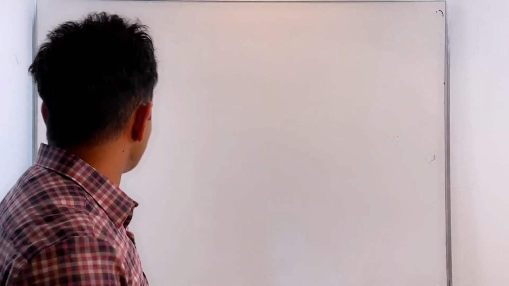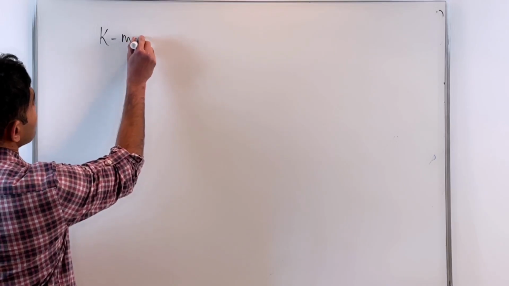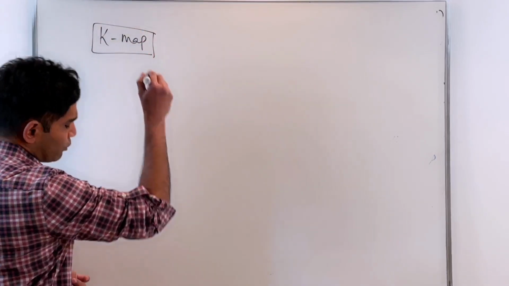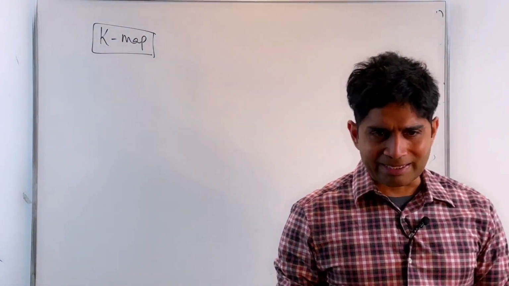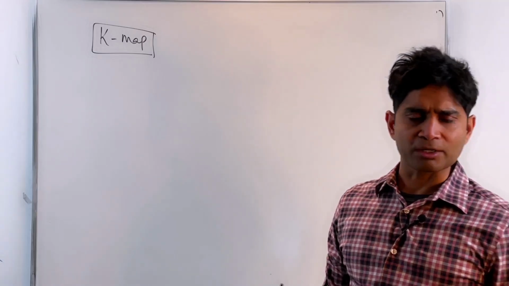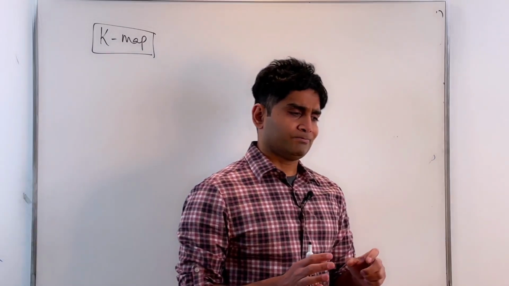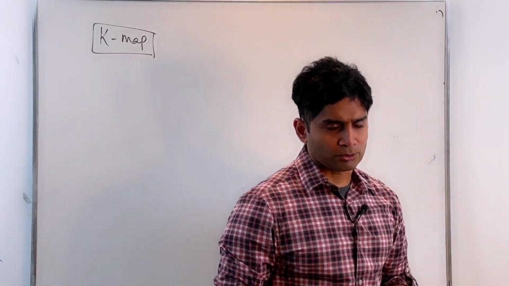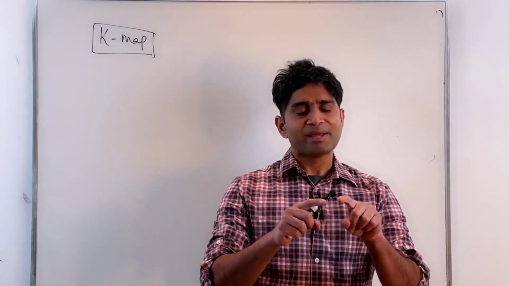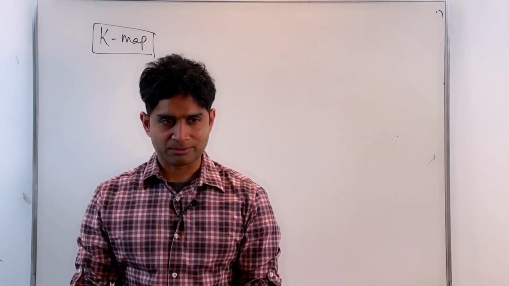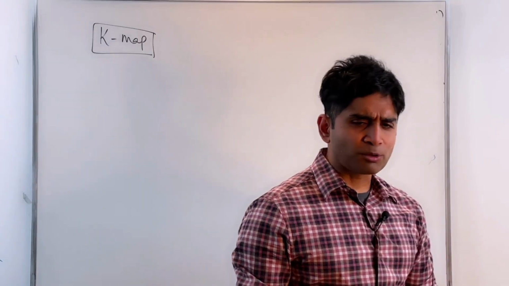So in the last class, we introduced the concept of K-maps, the Karnaugh map, and we have also seen that the K-map is nothing but using the Boolean identities in a more systematic manner. That's all it is. Okay, there's nothing new. A K-map is a more compact representation of your truth table. It conveys the exact same information, and it makes applying the Boolean identities much faster